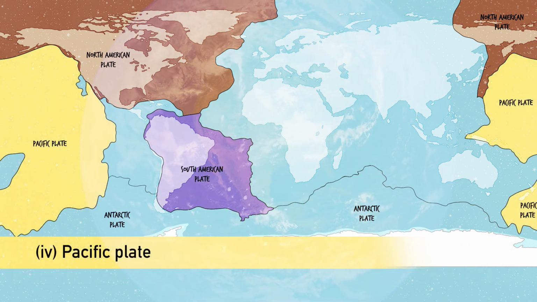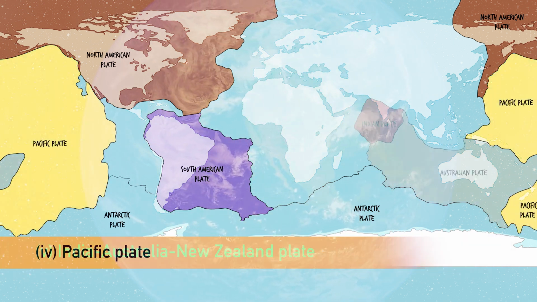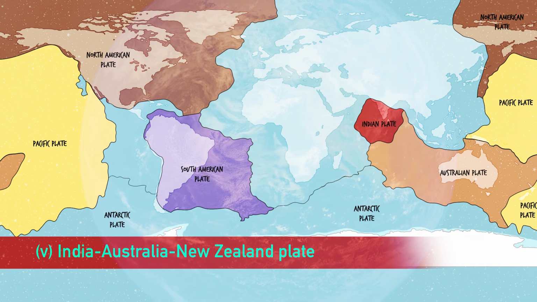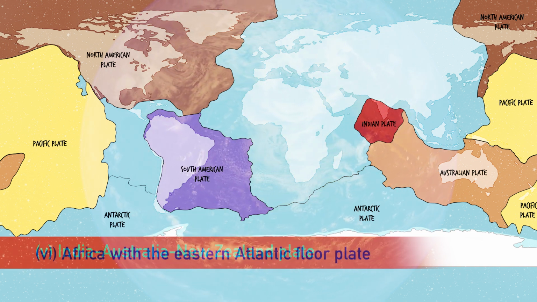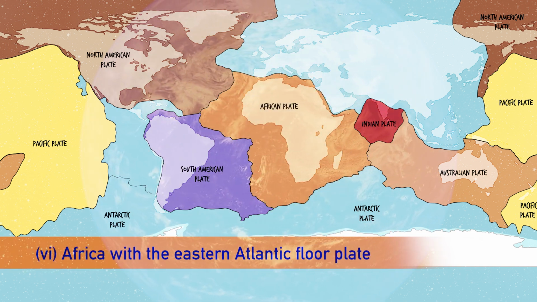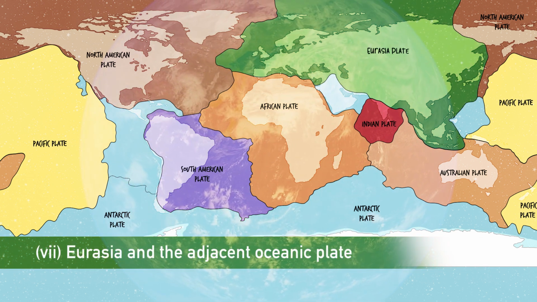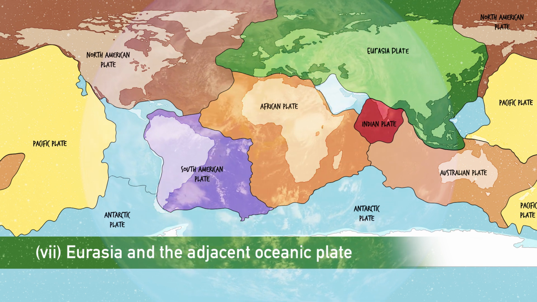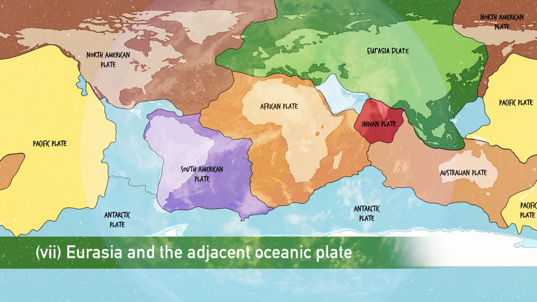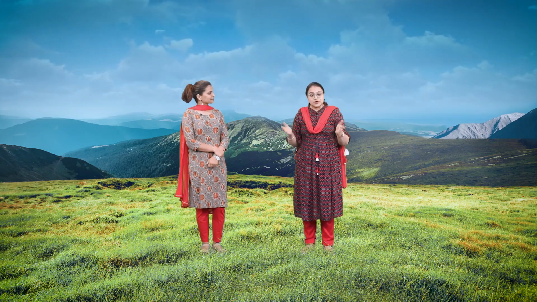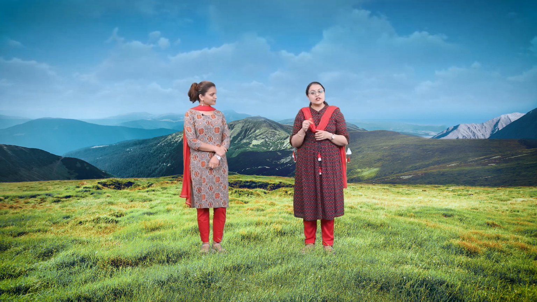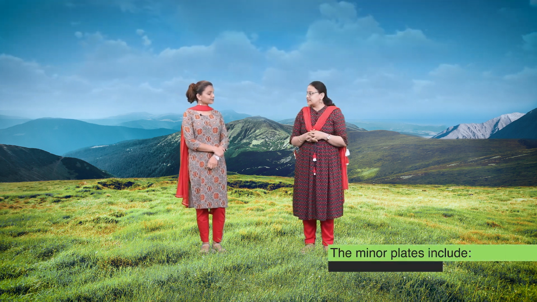Fourth is Pacific plate. Fifth is India, Australia, New Zealand plate. Sixth is Africa with the Eastern Atlantic floor plate. And seventh major plate is Eurasia and the adjacent oceanic plate. Apart from these major plates, we also have minor plates, and these include: